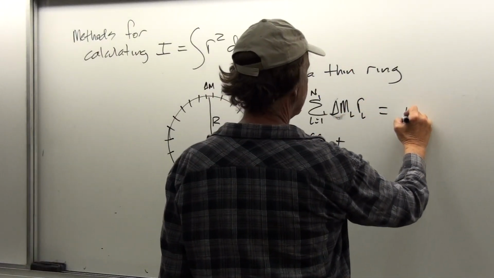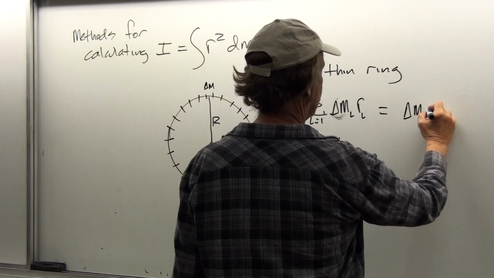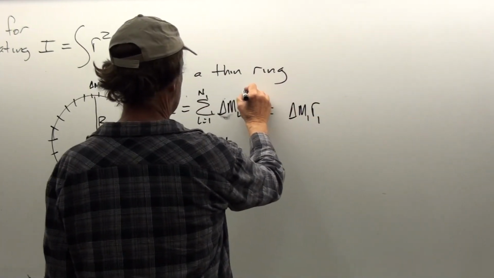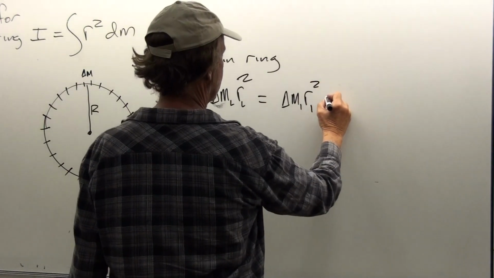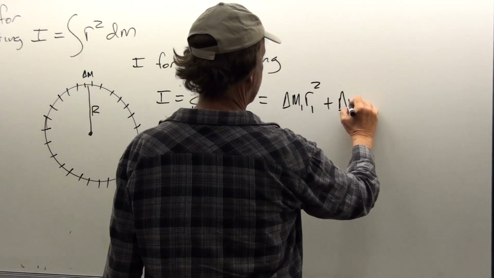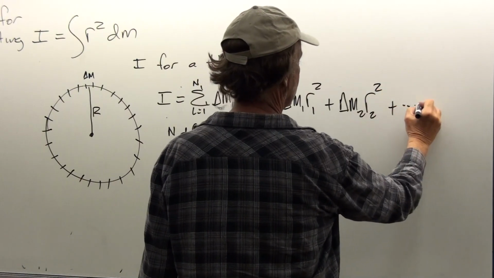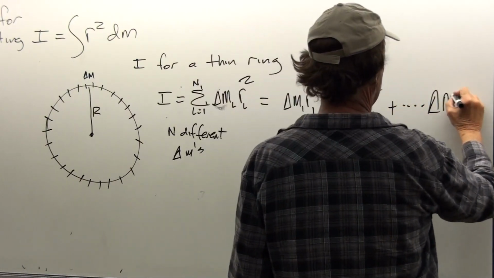So this is just going to be delta m1 times r1 squared, plus delta m2 r2 squared, plus all the way out delta mn